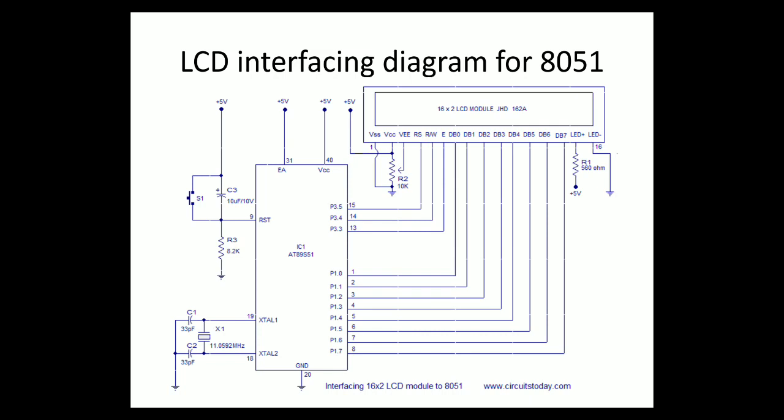Whatever you see on the left-hand side is the 8051 microcontroller with an oscillator, connected with a switch also. Based on the switch operation, a reset can be done. If you do the reset, the entire LCD will go into the off state. Similarly, LED anode is always connected to plus 5 volt and LED cathode is always connected to ground. This is one of the important interfacing diagrams of the LCD. Whenever you do any mini projects, you have to do this type of pin to pin interfacing to the 8051 microcontroller, as explained here.